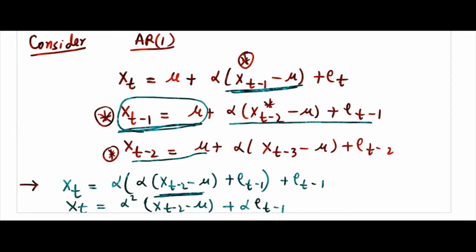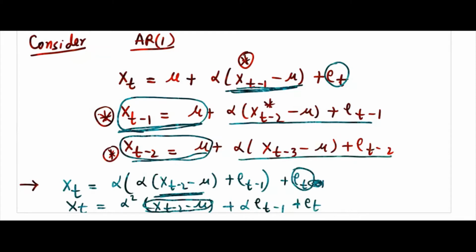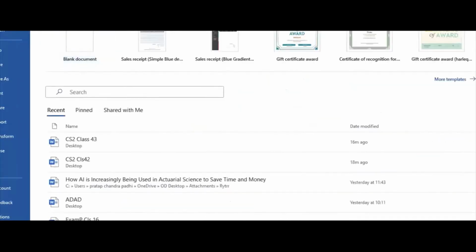Sorry, this is e_t, this will not change. Here this will be e_{t-1}. Okay, so e_t. Once you get this, then replace x_{t-2} minus mu from this equation. You put this one, then you will get it in terms of x_{t-3}. Continue doing that till you go to the last one. Okay, and finally